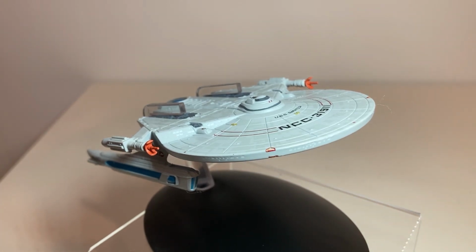Saratoga. And yeah, so again, we'll be doing this segment where we're going through all the ships that were at Wolf 359. Eaglemoss released all, if not most of them, the differentiated ones anyway. Ships like the Ambassador class and the Nebula class, those ships we'll either cover at a different time under a different segment,